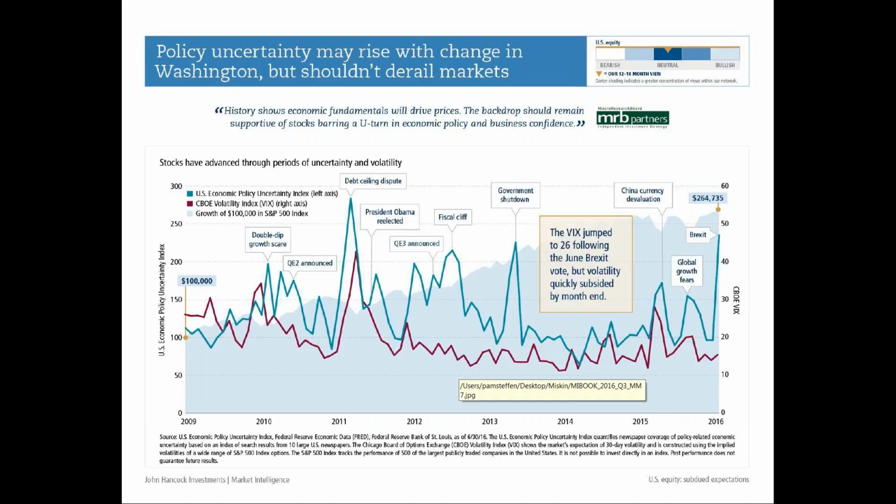We also, on the purple line is the VIX index. That's a measure of volatility. It's a market-based index, and it often does spike in periods of these uncertainty. Sometimes it spikes so quickly and comes back down that you don't even see it on the radar. It's actually on a monthly basis on this chart. In Brexit, it spiked for a week and then came crashing back down. It's amazing how quickly these fear events can happen and add volatility to the markets, but then people become rational again and then get back into the market and things work themselves out.